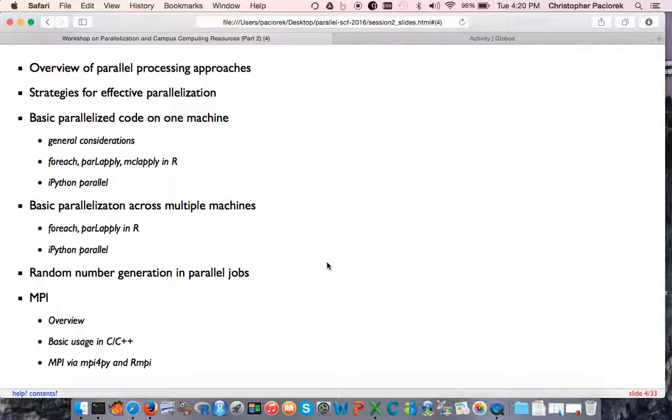But I'll give an overview of some of the different ways people do parallelization. I'll talk about some of the high-level strategies for splitting up computations. And then I'll go through a few examples of doing things on one machine or doing things on multiple machines in Python and in R. And then I'll probably say a little bit about random number generation in parallel,